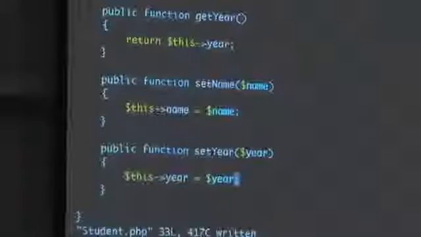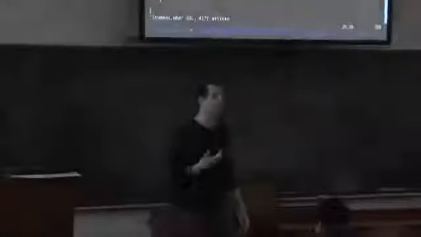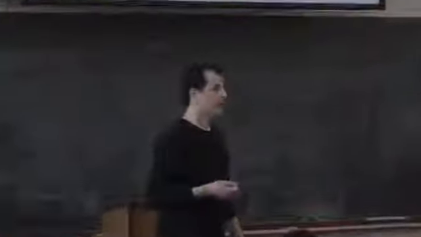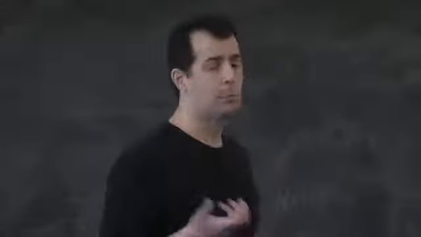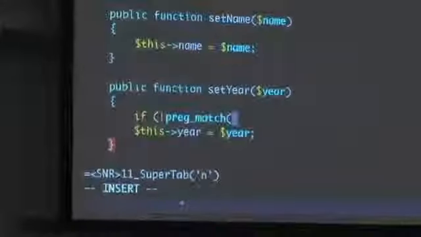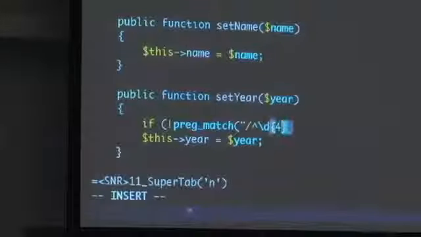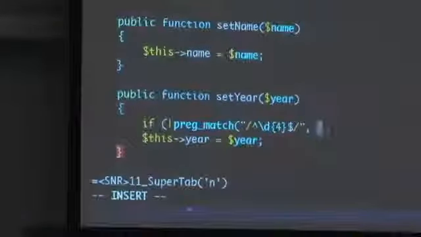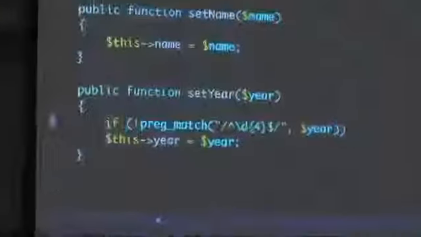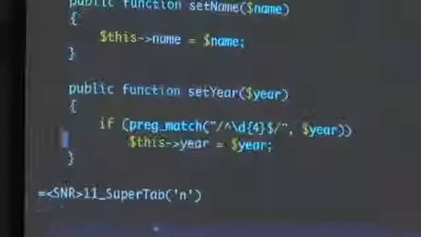But what might I also want to do in this case when setting a year? This is a prime candidate for some kind of data validation, right? So before I actually set the year, I could do something like, if it's not the case that year matches a regular expression like this. So if unfamiliar, this is just a regular expression. Rather, let's say the positive. If